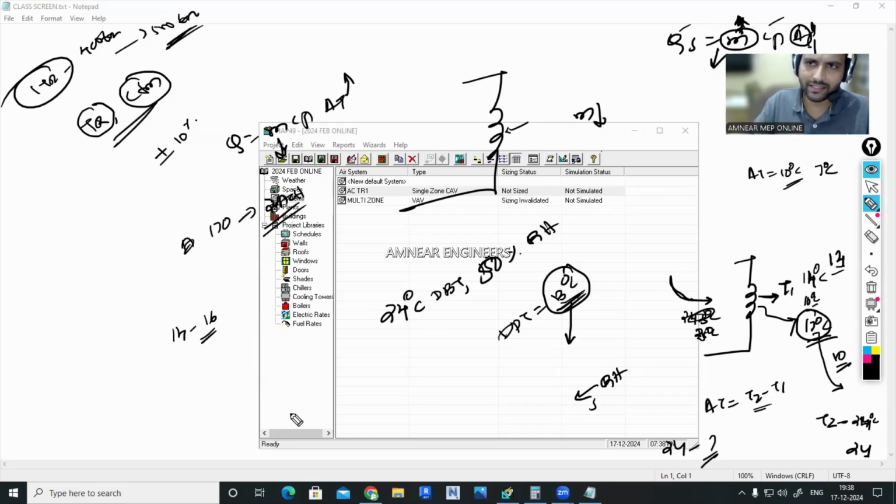Most of the comfort air conditioning buildings, we might be getting a room ACH of 14, 16 only. Means in 1 hour, the entire room volume of air has to be circulated through the cooling coil. That is nearly 14 to 16. We have discussed that already in the HAP sessions. We are not repeating that again. If the amount of air that we are circulating through the cooling coil is less, this room airflow rate is less, we need more time